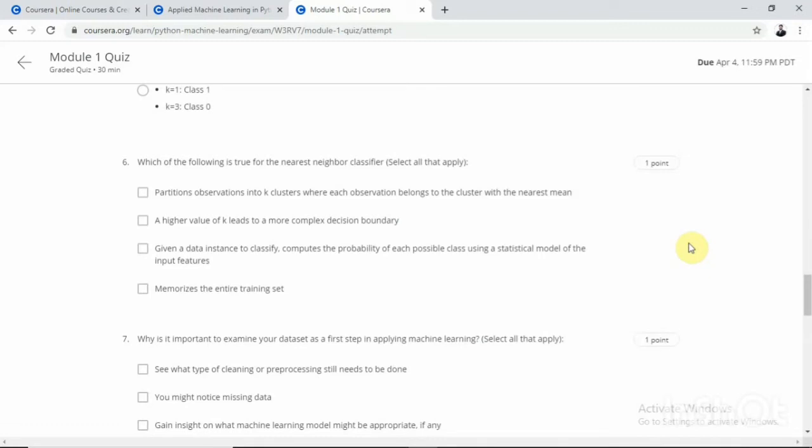The second option, the higher value of k leads to more complex decision boundary, is not correct. So I guess, given a data instance to classify, computes the probability of each possible class using a statistical model of the input features. Maybe it's the answer, but I got the sixth one as incorrect.